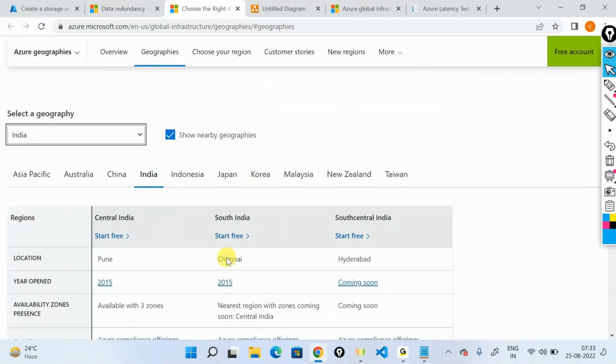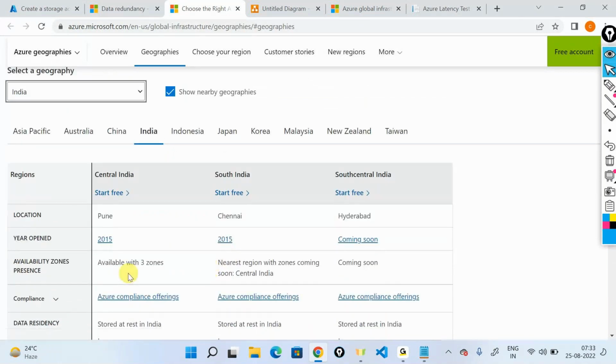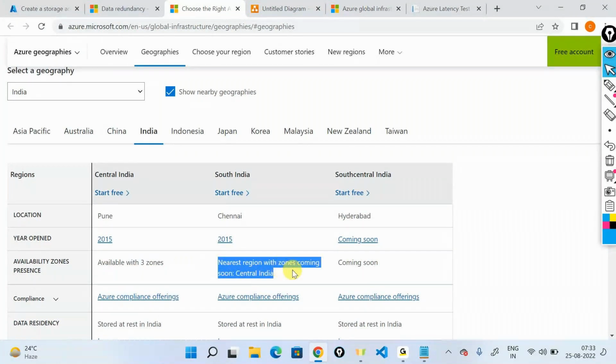So it's now telling available with three zones here, nearest with zone coming up in Central India. So this is also trying to come up with a zone. South Central India, which is in Hyderabad, is still coming up. They're still constructing that data center, so it's not available for all customers yet. So you can choose depending upon what you need. And if you are a customer who needs zone availability, then go for Central India here. So if I switch this to Central India,